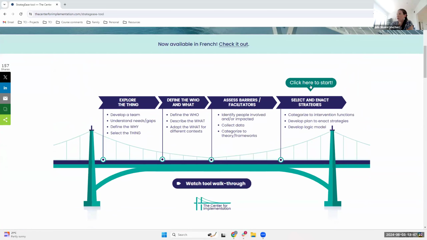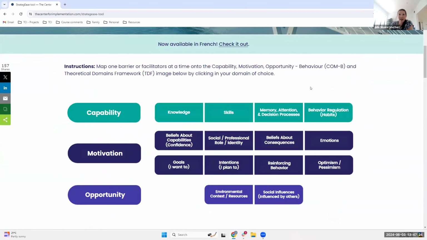All right, so this is the link that Carrie has just shared in the chat. This is an interactive tool that can help you pick different strategies to address those barriers. I'm just going to quickly show you how it works so that you can go and use it with your own teams. You do not need to explain behavior change theory in detail to people. When you go through it, people often get it pretty quickly when you talk about unpacking these barriers and picking strategies to address them.